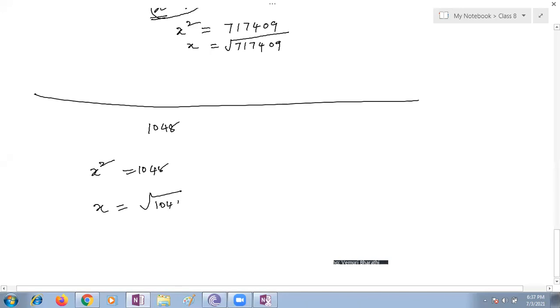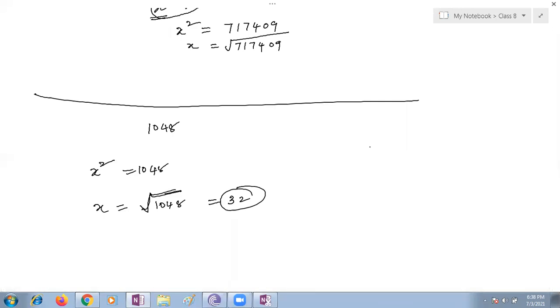What is the value of the square root of 1048? Ma'am, 32, we can round off. 32. It will be 35.3. Okay, it's not coming exactly. Wait a minute. The question is a very good question. Okay, they stand in rows and columns, but how many children will be left out from the arrangement? Ma'am, 1048 minus 1024 means 36 students will be left, ma'am.